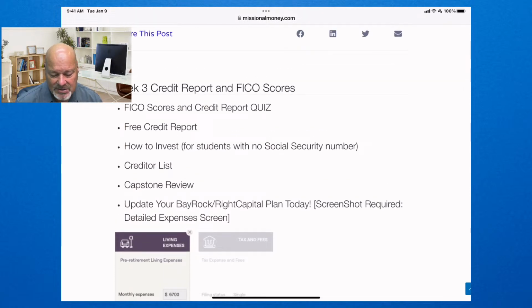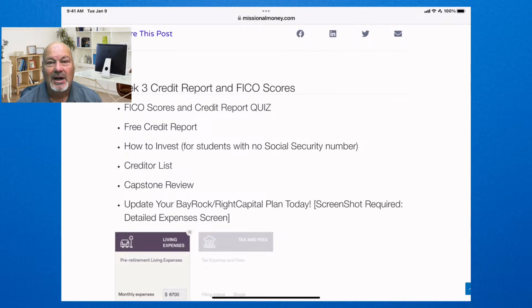Before I talk, I want you to create a credit list too. I want you to create a list of your creditors, which would basically just be who do you owe money to. Now, you probably already have this. Hopefully you already have this. But if you don't have a list of everybody you owe money to, and if you don't owe money to anyone, if you don't have any loans, awesome. Just leave a comment and say you don't have any loans.